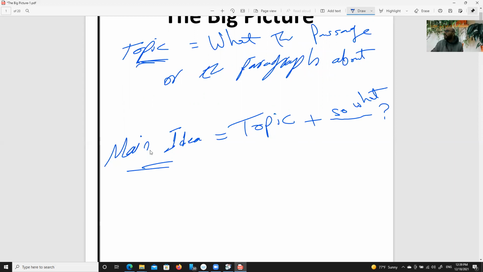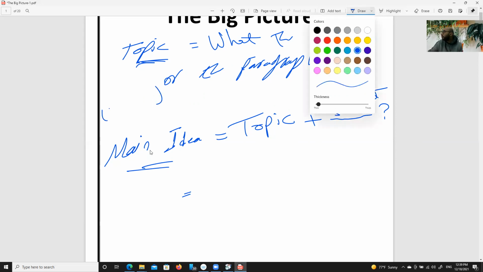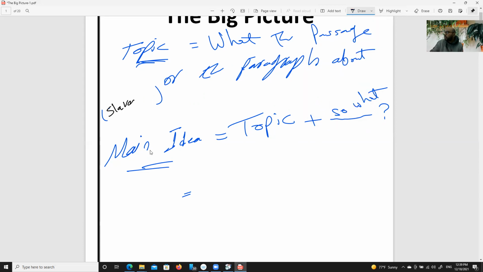So you say, Mr. Ehab, the topic of this passage is slavery. Okay, so this is the topic: slavery. So I ask you then, what is the main idea of the passage? You say the main idea equals slavery, which is the topic,